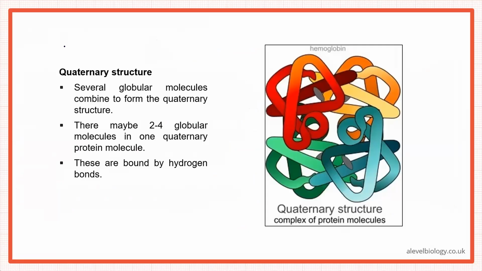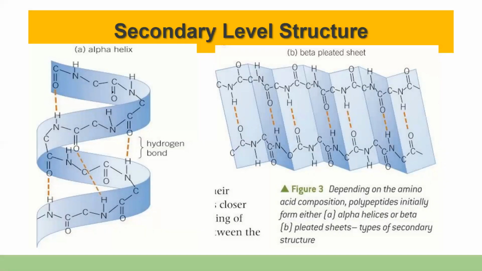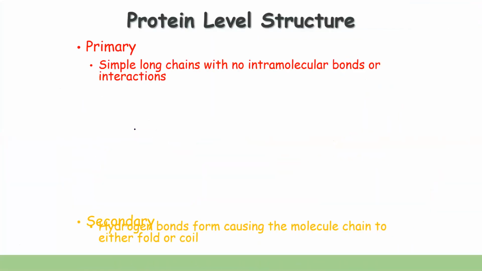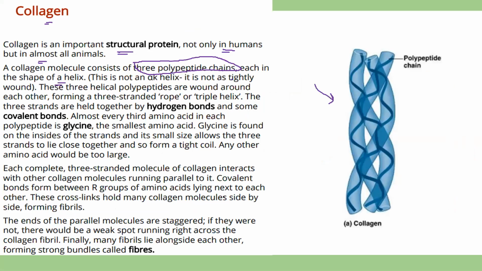If I could show you the diagram one more time. Let's have a look at this one. जो ये बेटा ये जो alpha helical structure बनता है, it has many twists there. ठीक है, but जो collagen का वो है बेटा, it is not like that. So look at this diagram again for collagen. See बेटे, ठीक है, तो ये इतना ज्यादा tightly wound नहीं होगा. So the 3 helical polypeptides are wound around each other also. That you can see better in this diagram also. ठीक है, and it forms a 3-stranded rope or a triple helix.